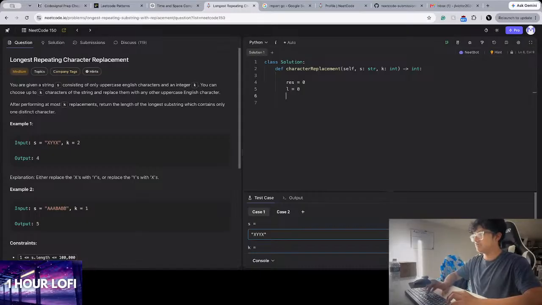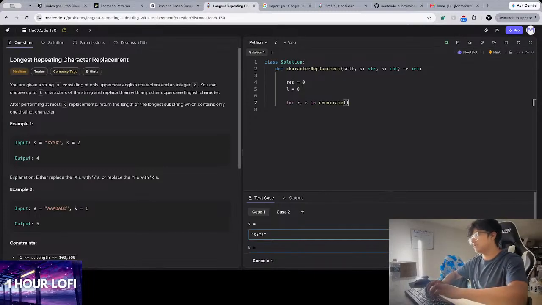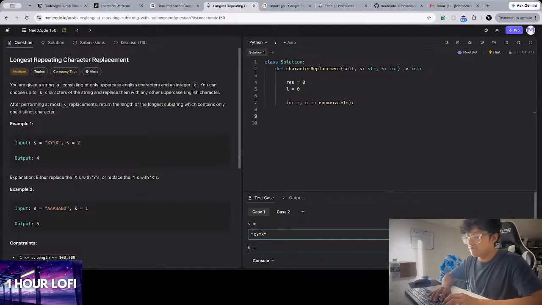R is equal to 0. For i in range, or let's do enumerate, and enumerate this string. Oops. And then my thought process would be, as I explained,